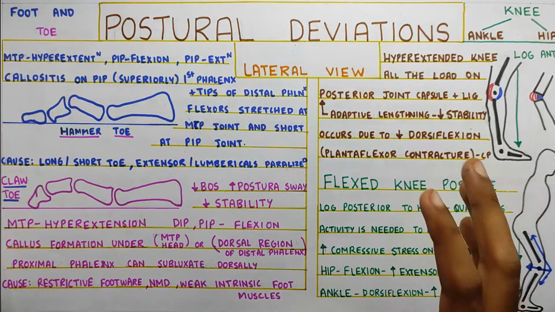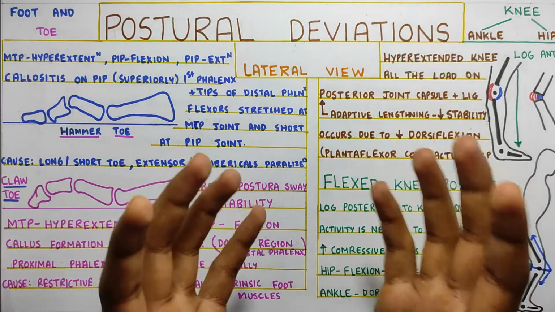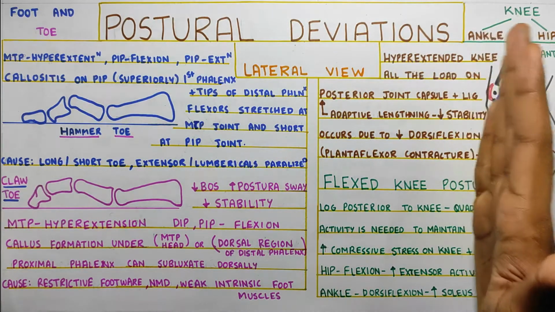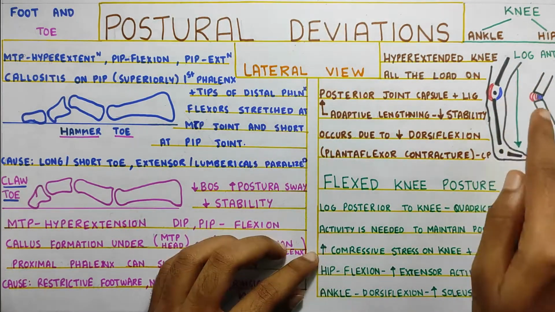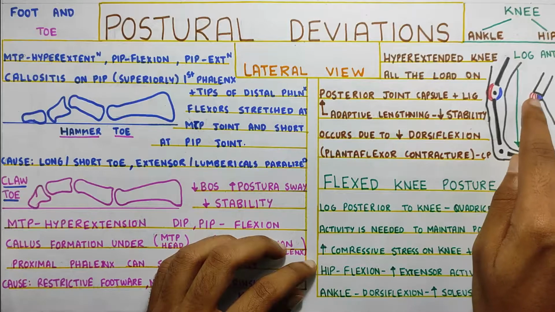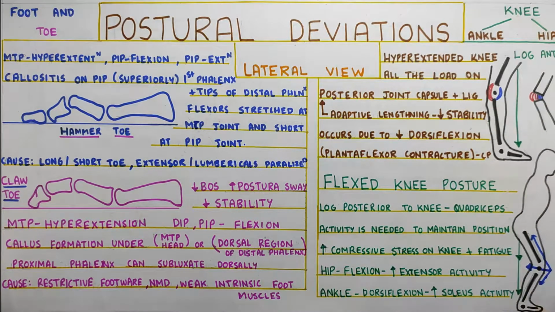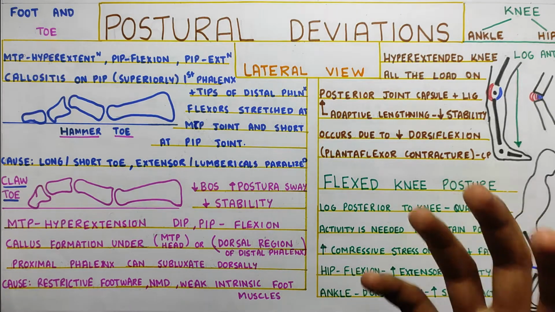So that's all we have for the lower limb. If you have noticed, what we have done over here is just taken our previous knowledge of where the line of gravity is falling. Over here it is too anterior, so the posterior structures are working, like the capsule over here, which you can see is getting stretched, right? And when it goes posteriorly, all the anterior muscles at the knee were functioning, which was creating fatigue, right? Which is not an efficient position at all, and that's why it is called a deviation.